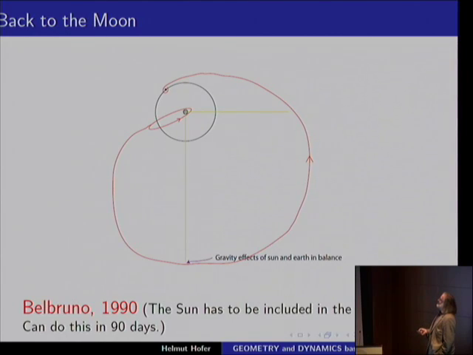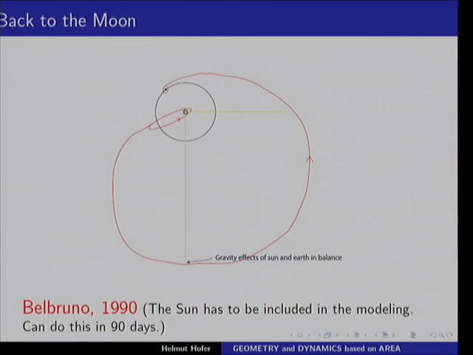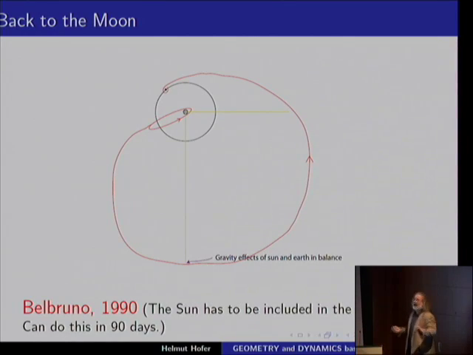So the disk was around here, so it was brought on such an orbit. Then it was shot in this direction here. This is about 4 to 5 moon distances towards the sun. Here, sort of gravity basically is in balance, the gravity between the effects of sun and earth. And then very gently it goes sort of down. Now the moon has to be in the right position, and then it comes with the right speed here and is being captured and stays for some time around the moon. Yeah. And the whole system is full of these things, so you can really fly around. This is like a highway system. In the real world, you don't see it, but there's a highway system up there.